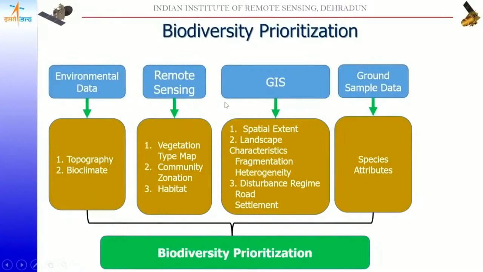So all these activities ultimately link to biodiversity prioritization based on all those parameters: the remote sensing parameters, the GIS tools, and the ground sampling. We can assess the habitat and the biodiversity of a particular area and prioritize, because ultimately this is useful for the prioritization of a habitat for the conservation and protection of